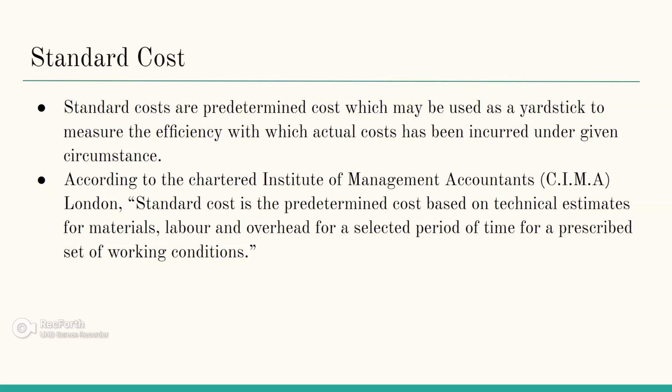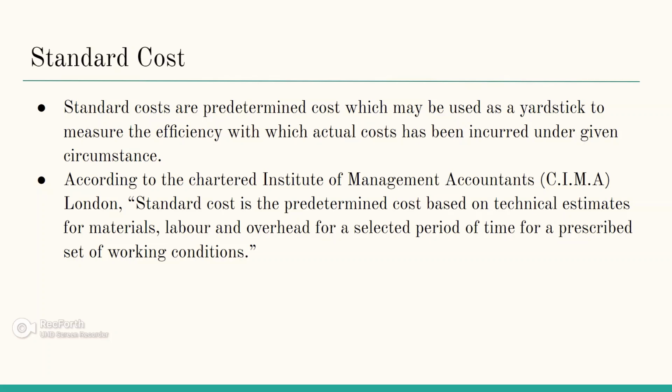Meaning of standard cost. Standard costs are predetermined costs which may be used as a yardstick to measure the efficiency with which the actual costs have been incurred under given circumstances. To illustrate, the amount of raw material required to produce a unit of product can be determined and the cost of the raw material estimated. This becomes the standard material input. If actual raw material usage or cost differ from the standards, the difference, which is called variance, is reported to the manager concerned. When the size of a variance is significant, a detailed investigation will be made to determine the cause